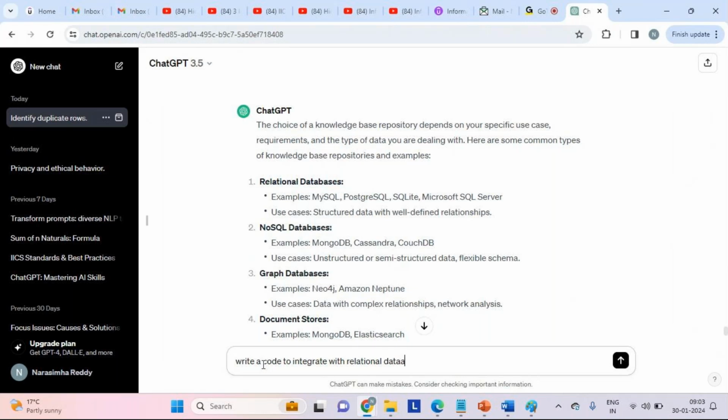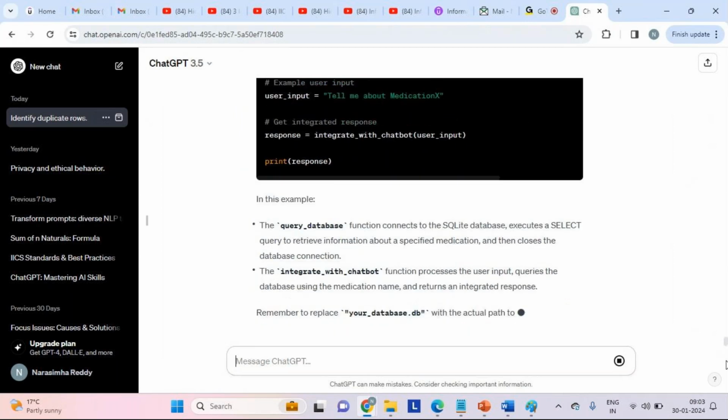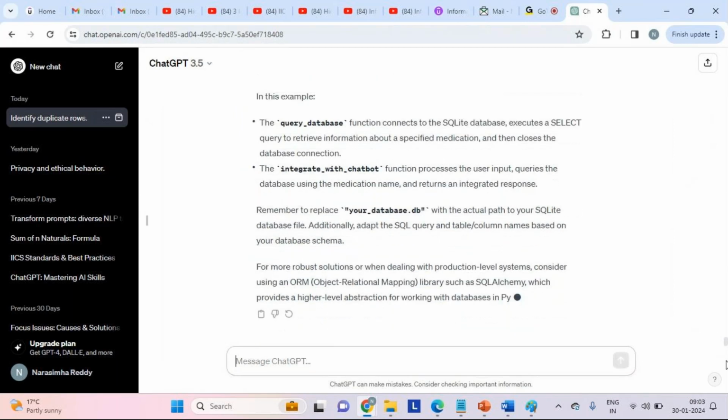Now we are asking for one of the repositories, like how to integrate with the relational databases and how to obtain the responses based on the integrated repository.